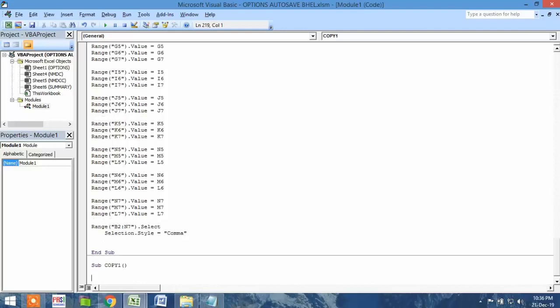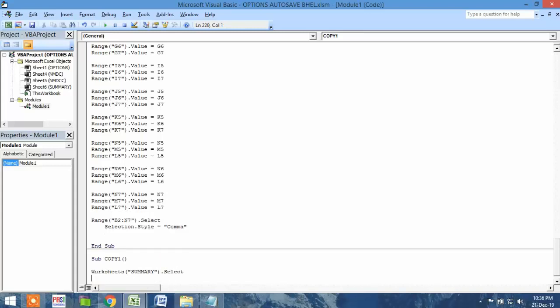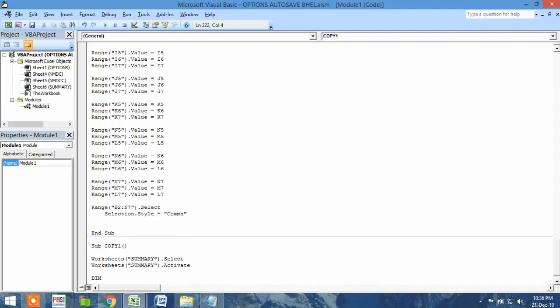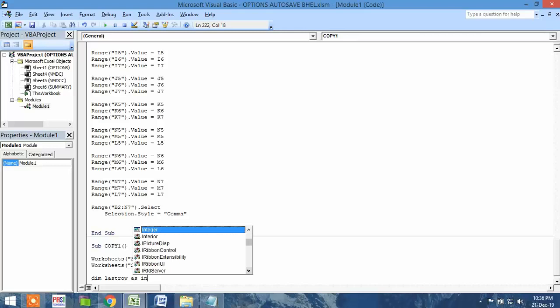Okay, now I will define worksheet summary. We'll be copying values from summary to the next sheet. So worksheet summary dot activate. Okay, I'll put dim last row as integer,